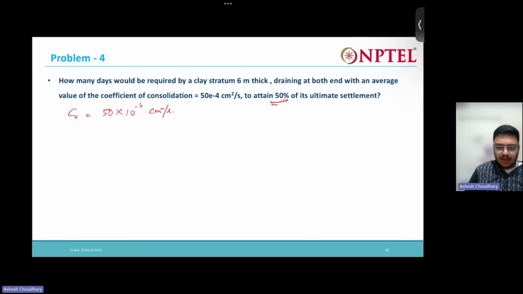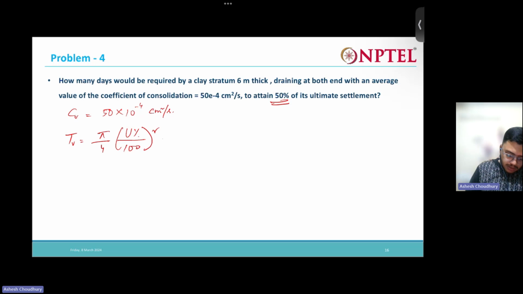Now what is the relation between TV, the time factor, and degree of consolidation? If the degree of consolidation is less than 60%, TV is equal to pi by 4